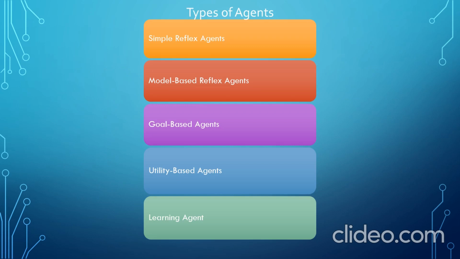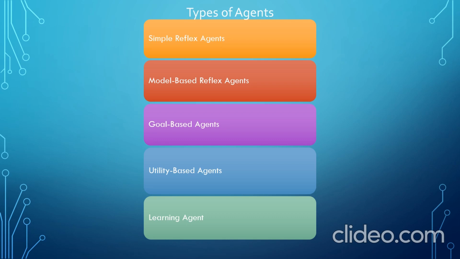While coming to the types of agents, agents are of 5 types. They are simple reflex agents, model-based reflex agents, goal-based agents, utility-based agents, and learning agents. Simple reflex agents choose actions only based on the current percept. They are rational only if a correct decision is made only on the basis of the current percept. It works on the condition action rule. Condition action rule is a rule that maps a state to an action.